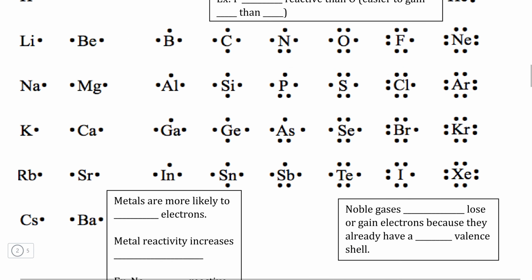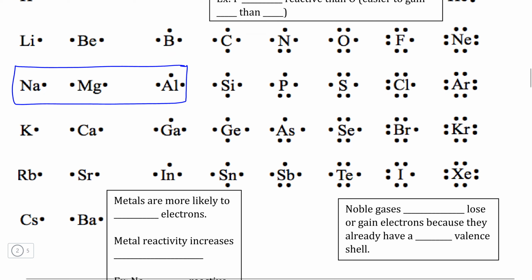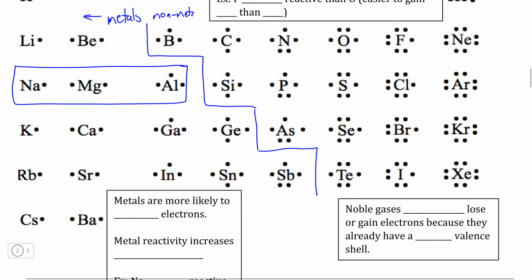Now, the easiest way to do this is actually to look at all of the metals within the same row, or rather within the same period of the periodic table. Now, what we're going to do on this side of the periodic table here is draw the dividing line, which is not actually a straight line, but is more of a staircase or a zigzag that segregates the metals that are found on the left-hand side of the periodic table from the nonmetals that are found on the right side